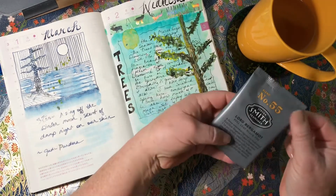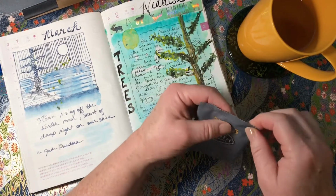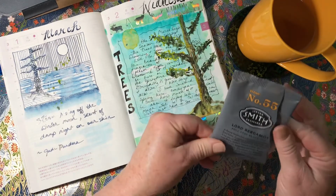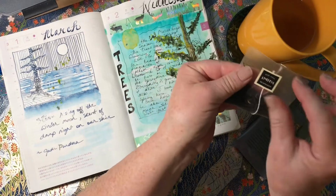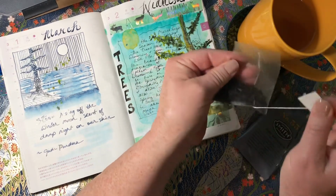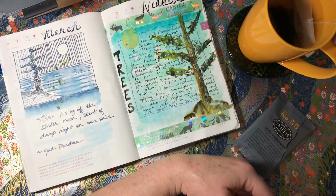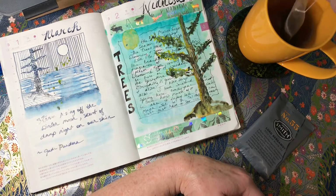Before I get started, I'm going to have my favorite, which you've seen often before, the Lord Bergamot from the Stephen Smith Tea Maker. My favorite Earl Grey. So I'll just get that started here. Maybe you can join me for a little tea and a quick flip